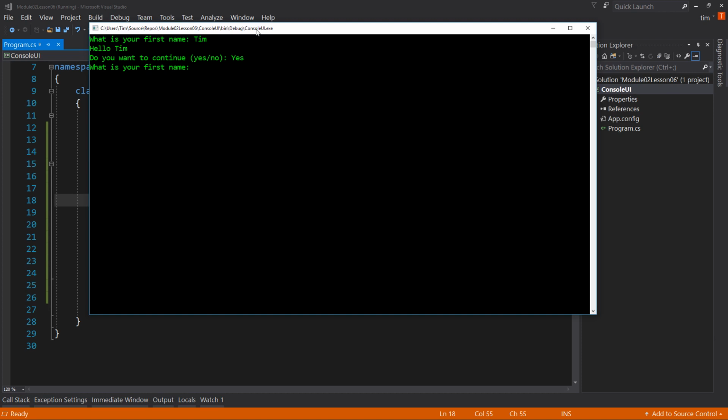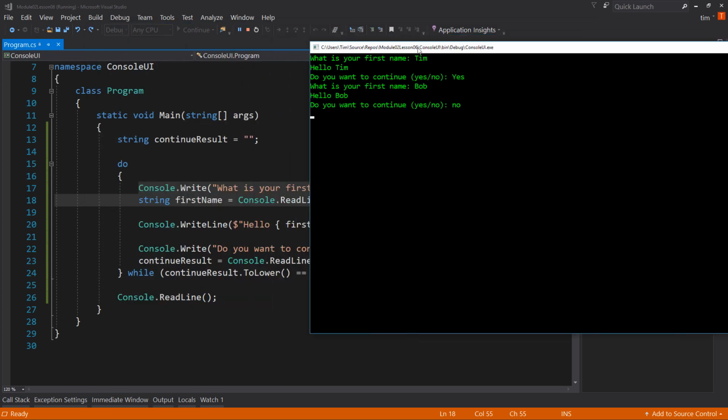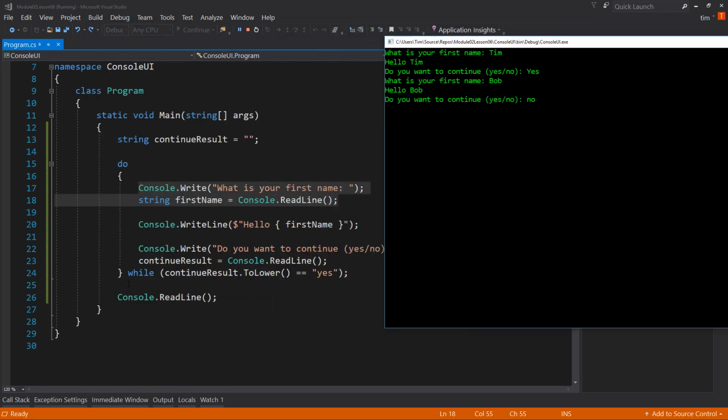What's my first name? Bob. Hello, Bob. Do you want to continue? No. And now notice the cursor is just blinking here. That's because outside the do while loop, we have the console read line waiting again. So you have this console read line waiting, and then we have another one at the end. If this was the end of the program and we didn't need to go any further, we could get rid of this